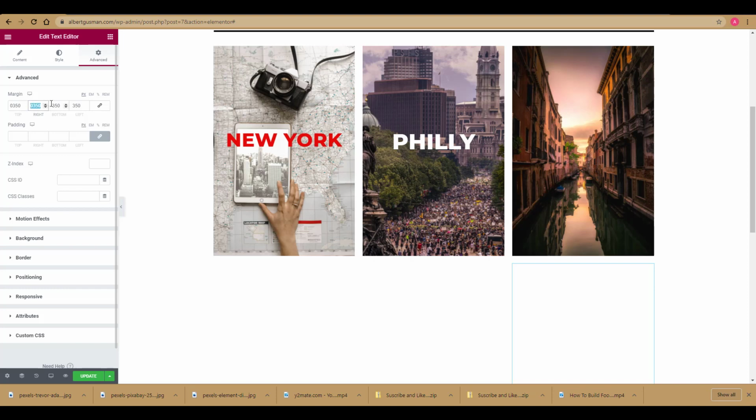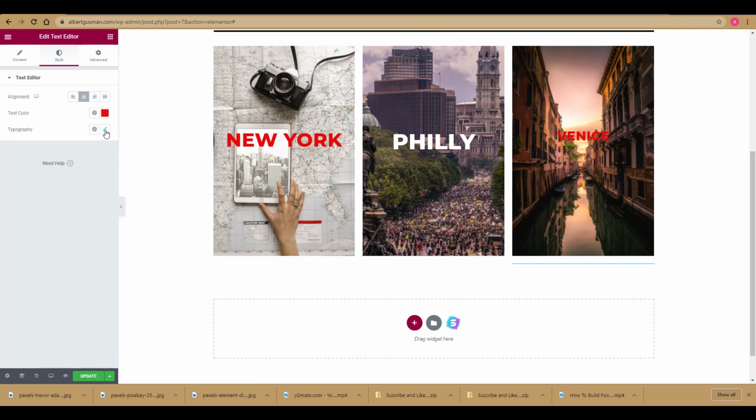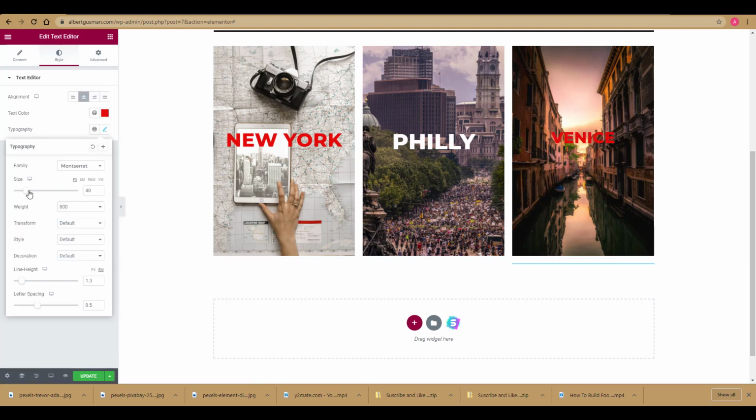Obviously, I see it. 0, 0, 0. And then let's do this. This is 350, and then we're going to put a minus in front of it. Okay, so there's Venice there, and let's play with the style, the typography, and I think we're at 55,